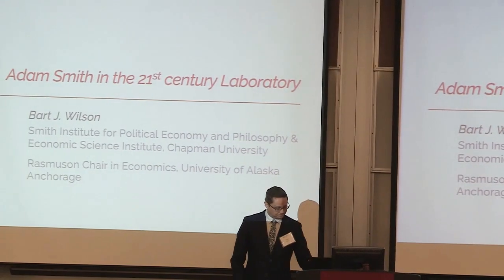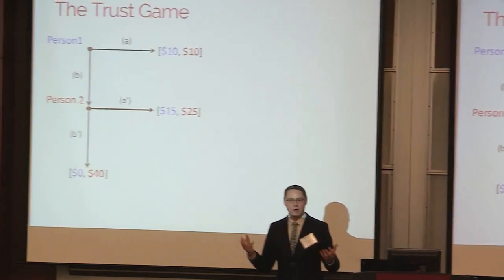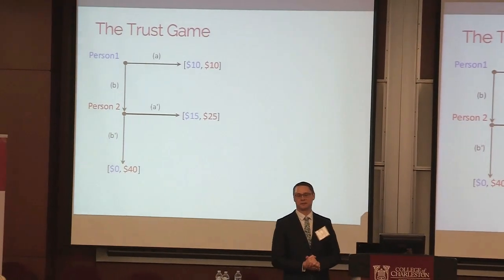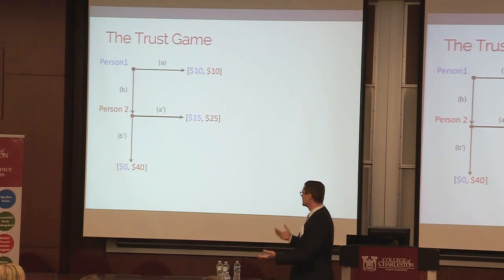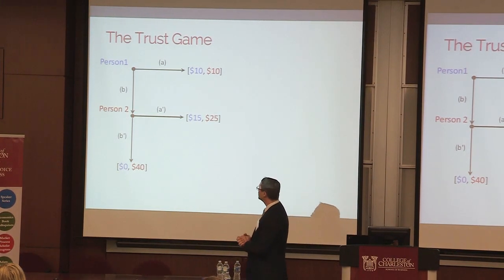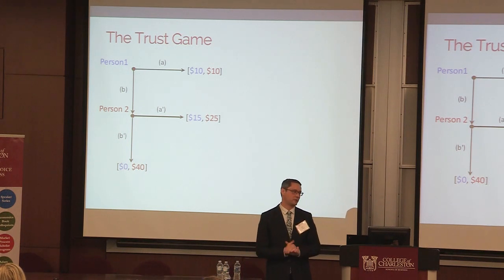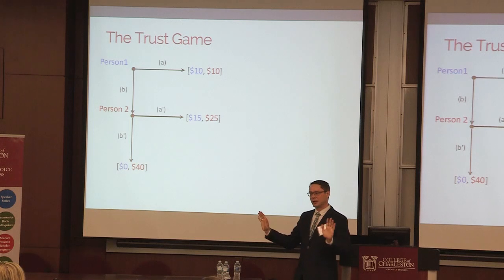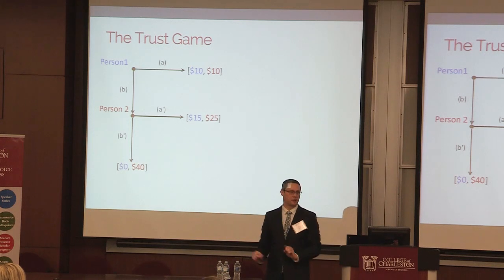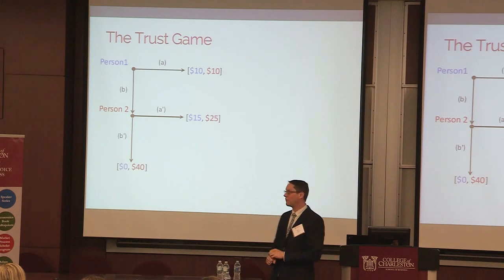I want to start with where I was circa 2000, as an experimental economist who had just received my PhD. So here's a very basic game, the trust game. There are two people. They come into a laboratory. They don't see each other. They sit at a computer terminal. They're going to make a decision one time, and it's going to be all over. And when they're done, they're going to be paid the amounts that you see on the screen.